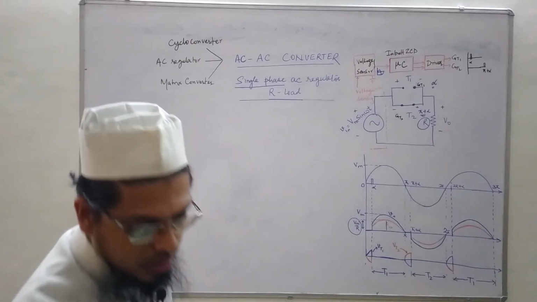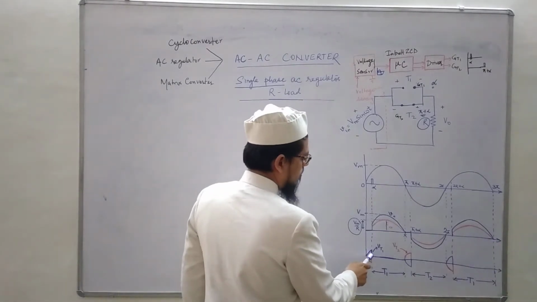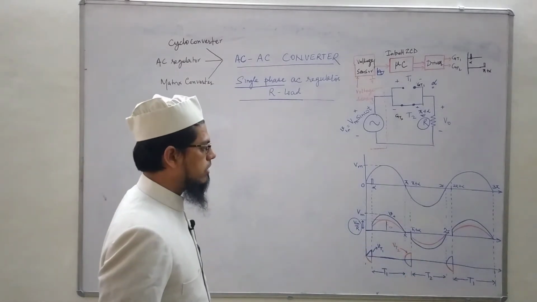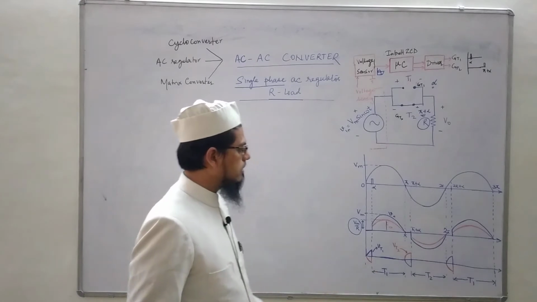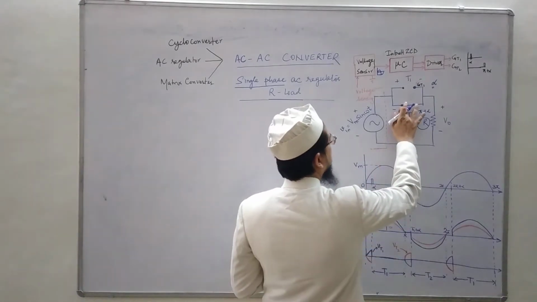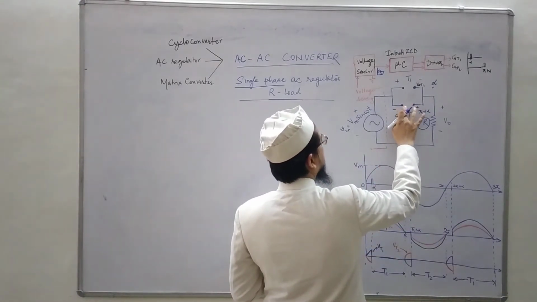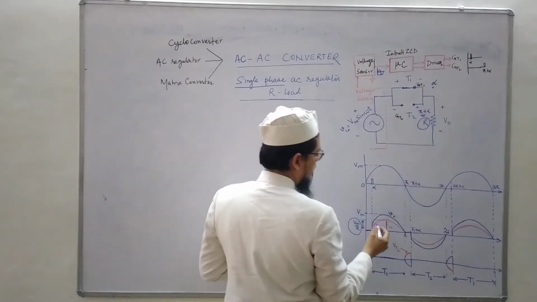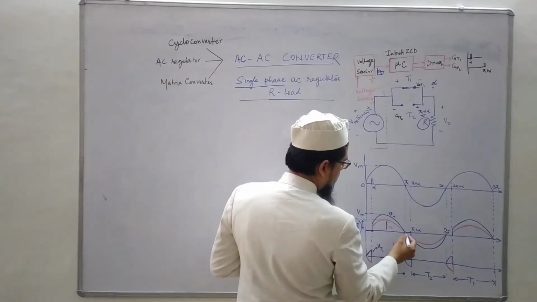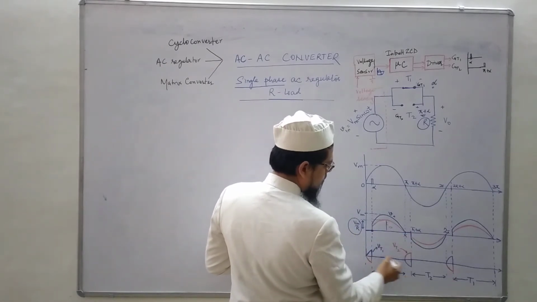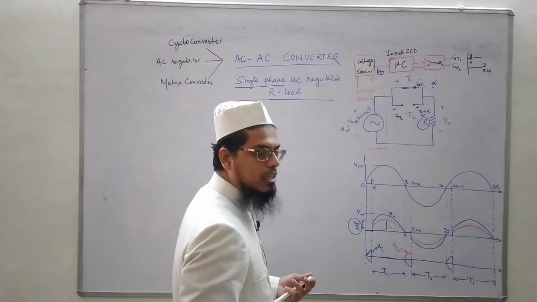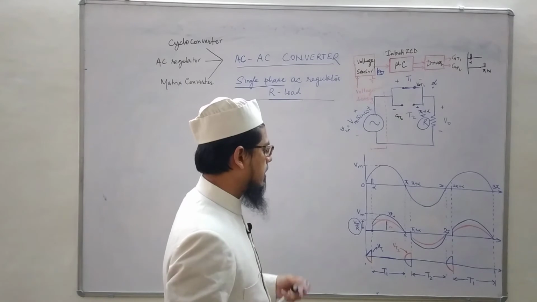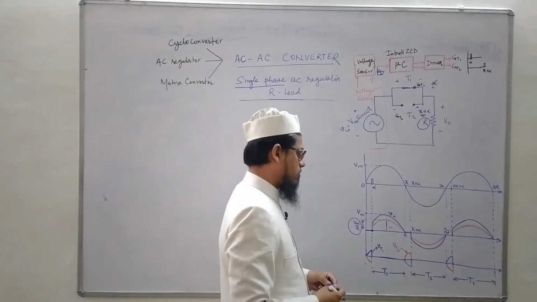I have drawn the voltage appearing across the SCRs also. Let us see how I have obtained that. Let us see first T1. When T1 is conducting, from this point to this point, I have shown it here. During this interval, no stress will be across the thyristor or SCR T1. No voltage will be appearing across it.